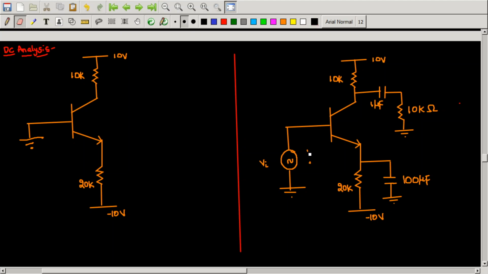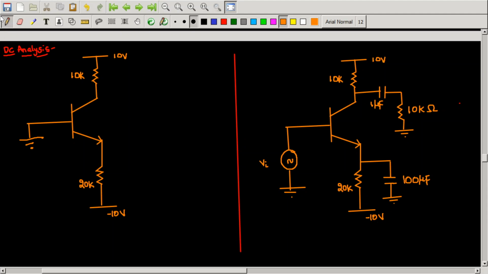Okay. Now, why did I short the voltage source? Remember that when you are deactivating a voltage source, its value should be 0. So I should short the voltage source, and the same thing applies for a current source. It should be deactivated, so it should be open circuited. Remember that.